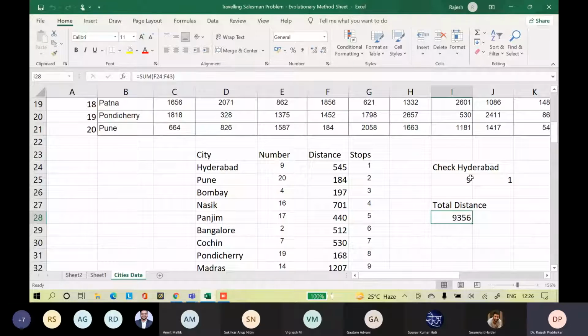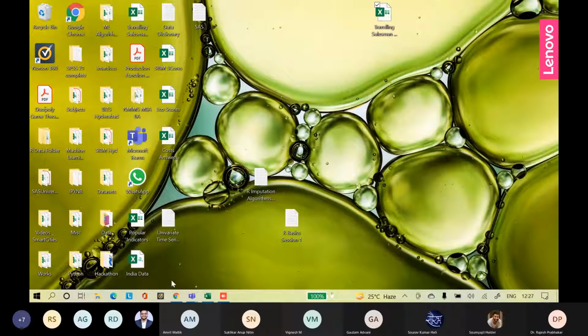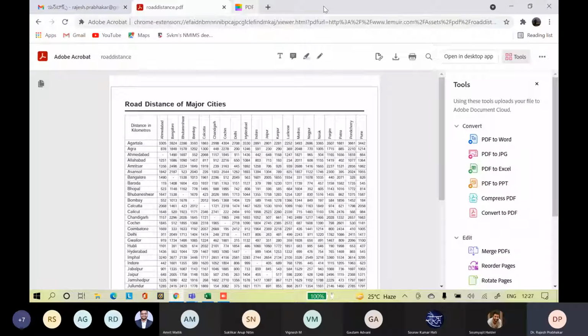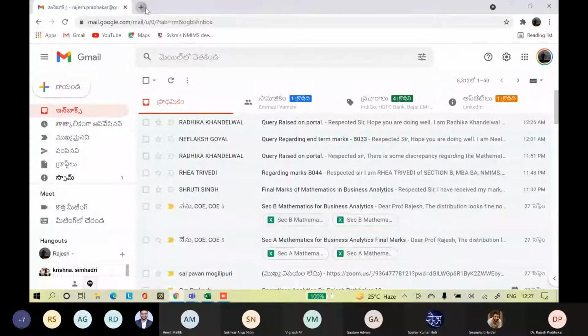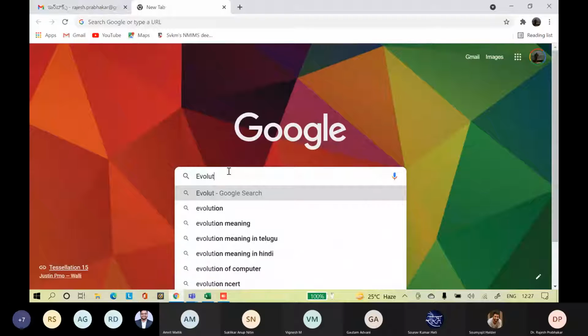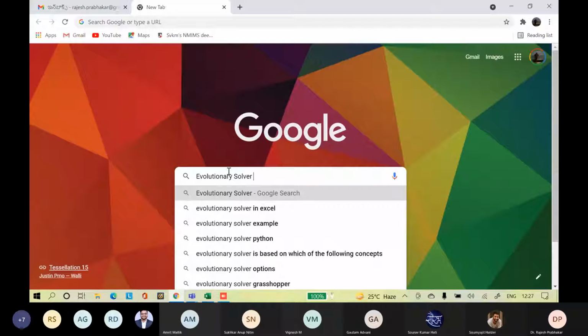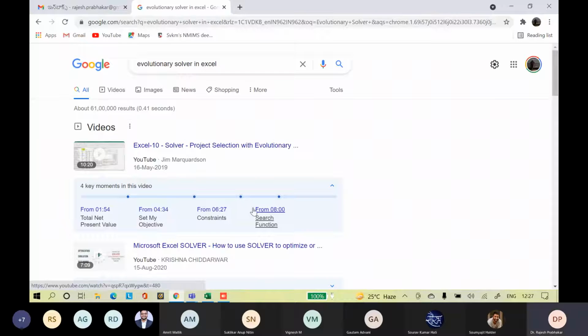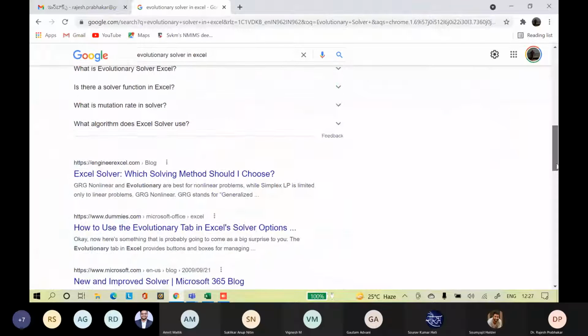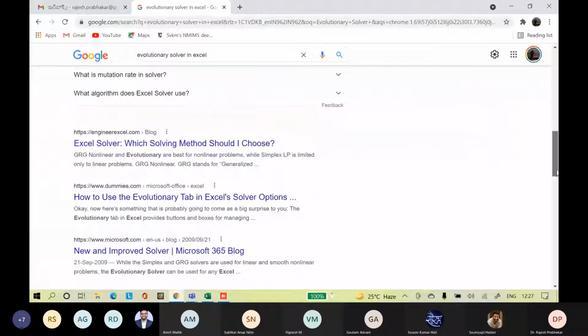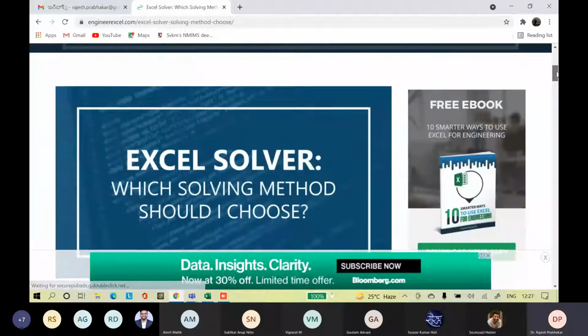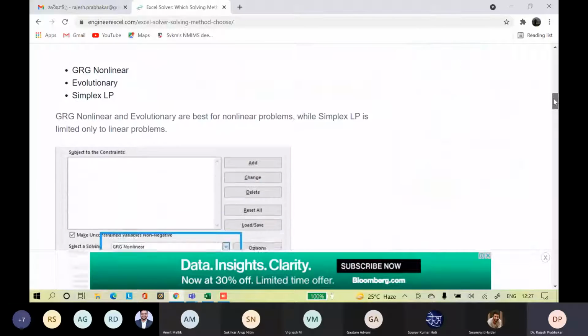Because there is a random generator in the evolutionary solver. There will be slight difference. So if you look at the evolutionary solver, which solver to use where?